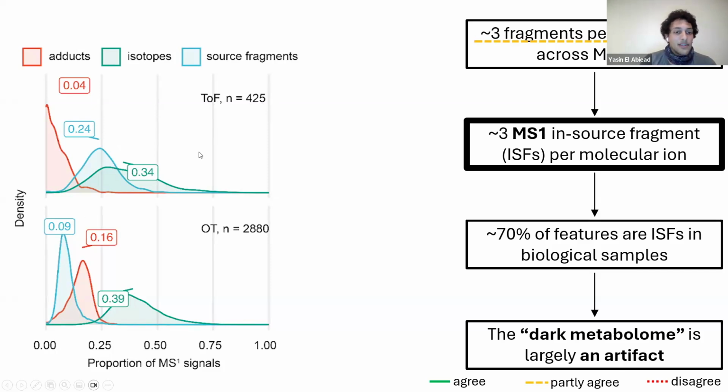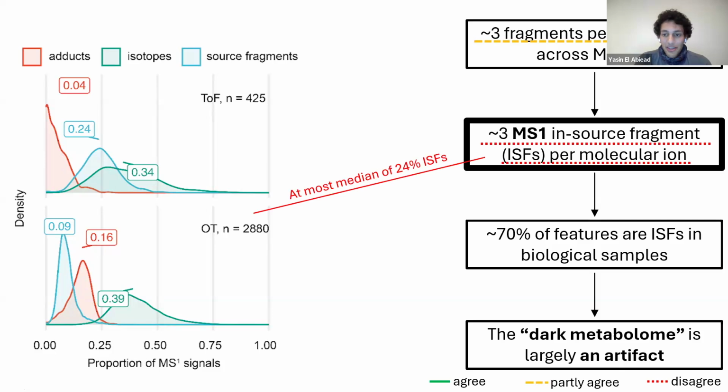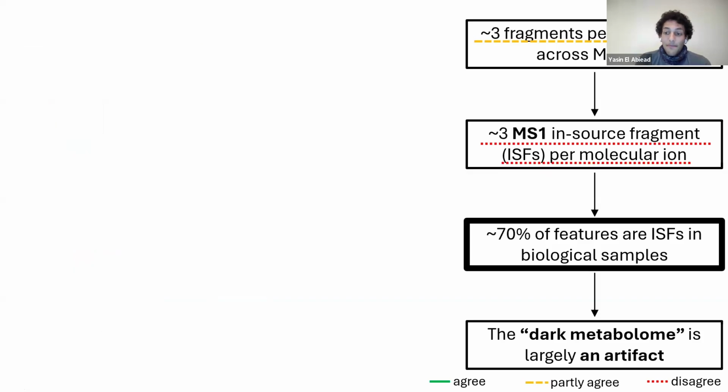Much of the other signals that we see, we can annotate either as adducts, so that could be M+H, M+sodium, or anything else, or as isotopes. Overall, we were able to annotate only about 24% of all the signals on the MS1 level as inverse fragments following this strategy. And this is also in the ballpark of what other people have seen, and I will come back to that a bit later. So overall, I would disagree with this particular statement. Then when it comes to the next one, which is that 70% of features, also in biological samples, are inverse fragments,